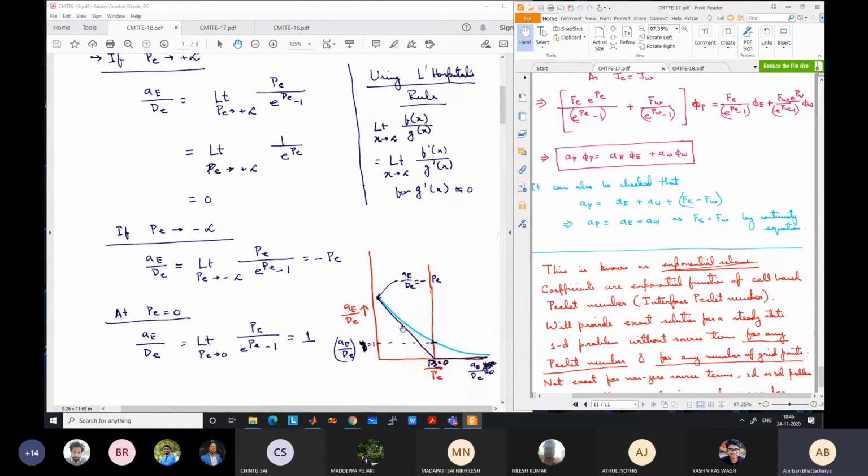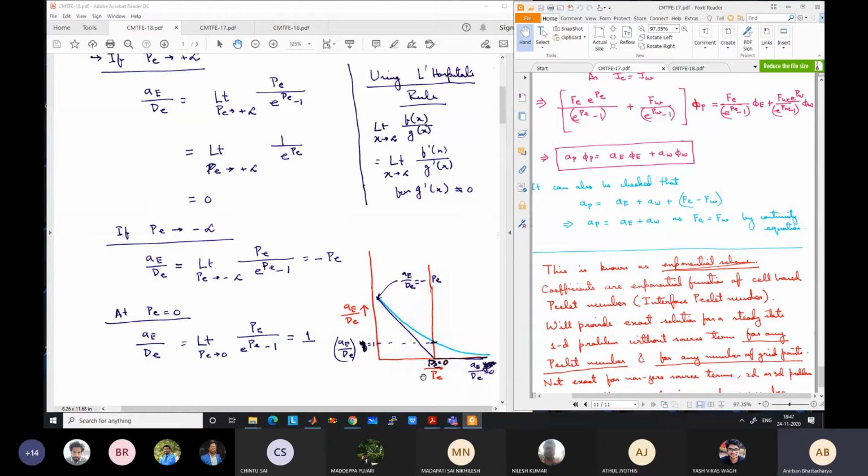In between, we will fit a third straight line, which will try to approximate this in between behavior, where we can see that there is huge deviation from this left straight line and right straight line. Here you can see huge deviation. So if I just use these two straight lines, it will not be very accurate for low values of Peclet number. So here we will use another straight line, which we will assume is tangential to this actual curve, okay, so as to mimic the behavior very closely.